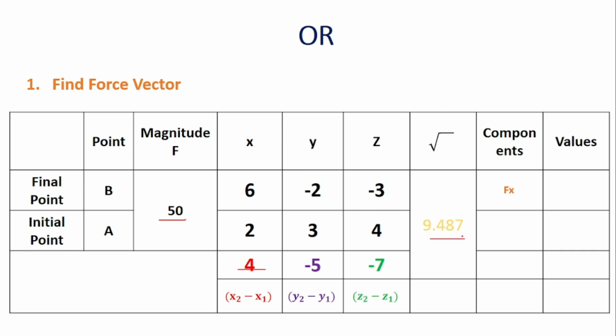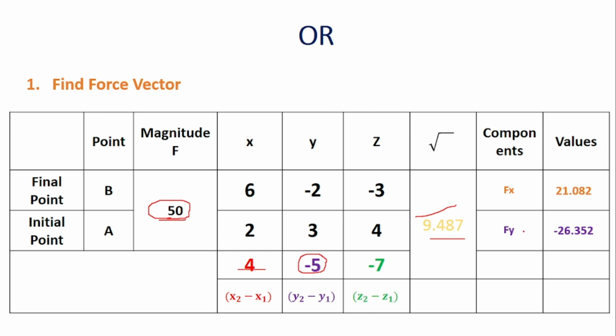Here we get Fx equal to 21.082. Now the value of Fy can be calculated by multiplying the magnitude 50 with y2 minus y1, that is minus 5, divided by 9.487. So 50 into minus 5 divided by 9.487 will give you the value of minus